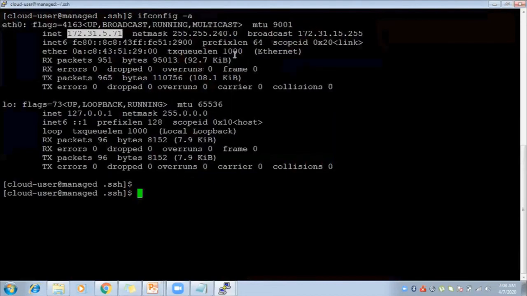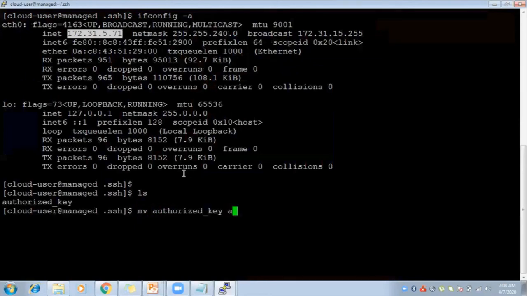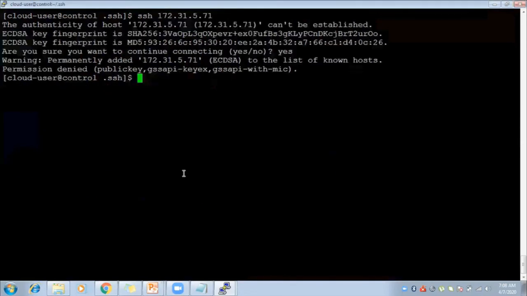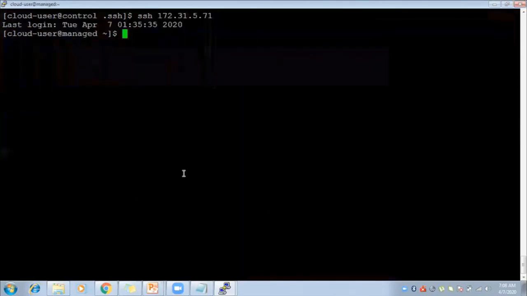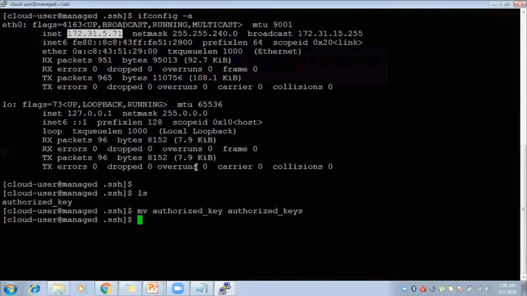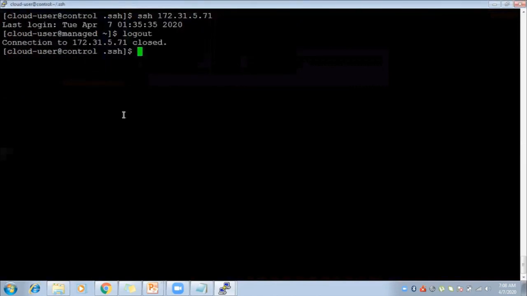One minute. Yes. So the spelling was incorrect. That should be authorized_keys. Previously it was authorized_key. That should be authorized_keys. Yes, so now it can communicate.